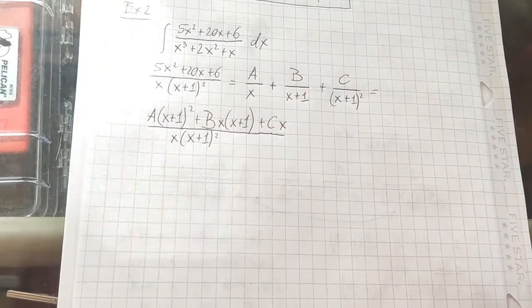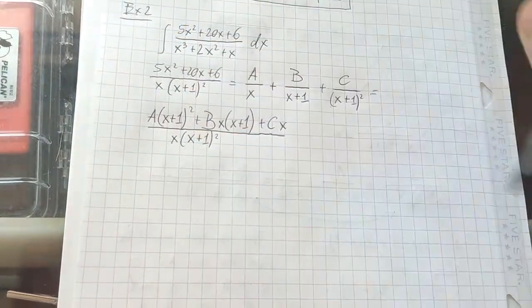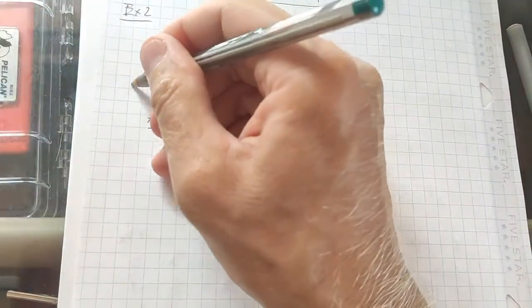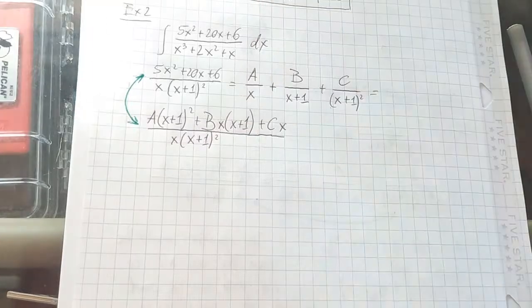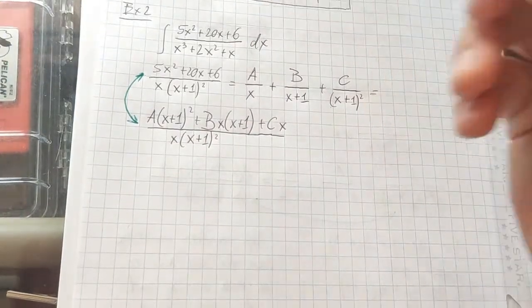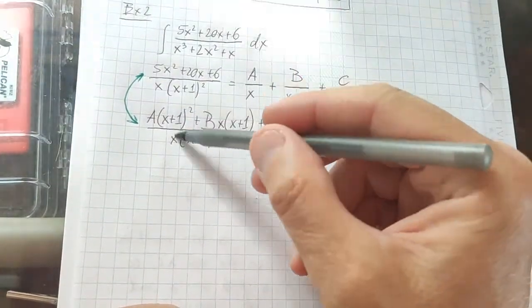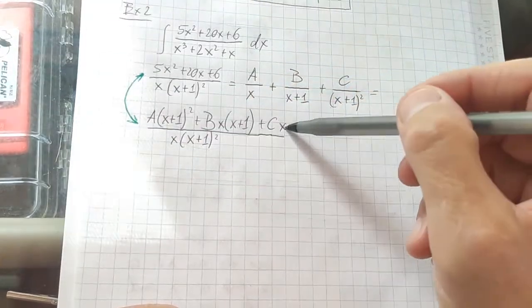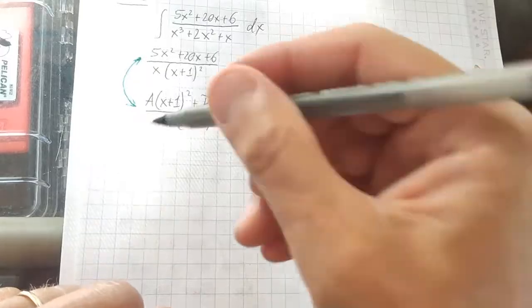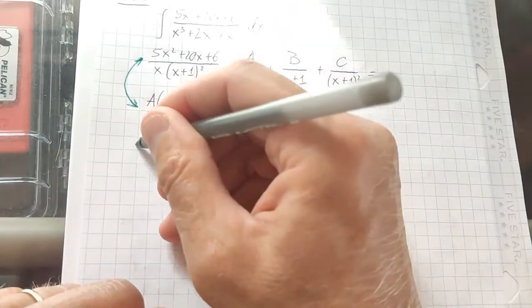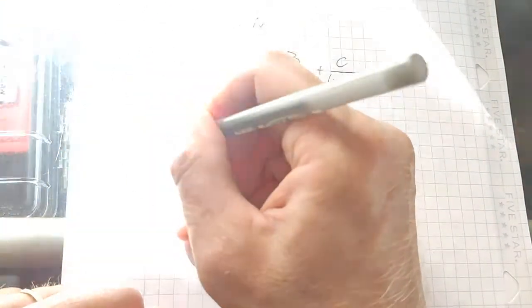So I'll be comparing these two. I have the same denominators, but for this whole expression to be equal to this one, I need to make the numerators equal. So let's do that. So I'll have A times x plus